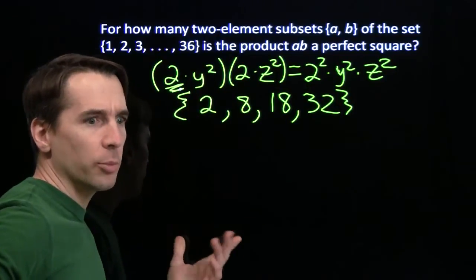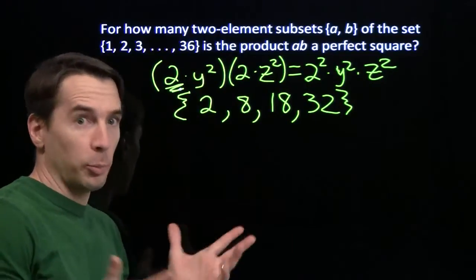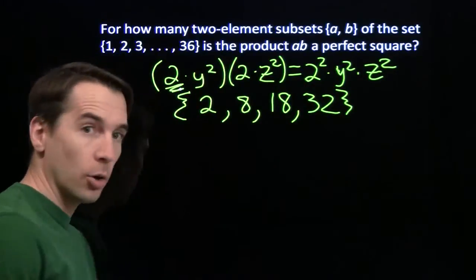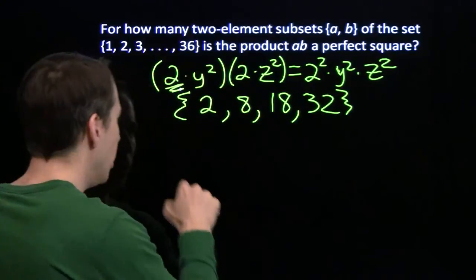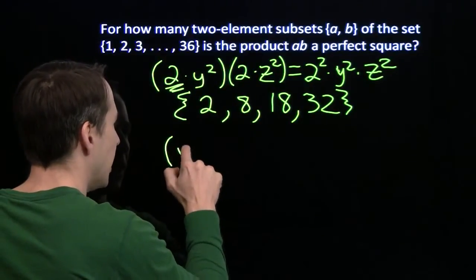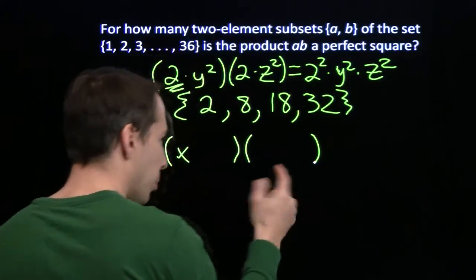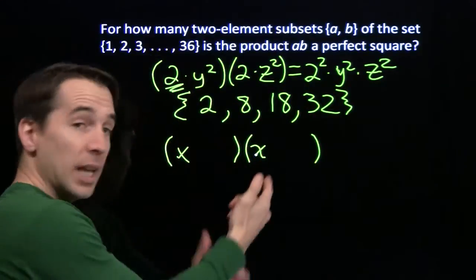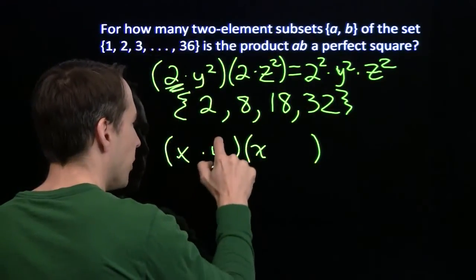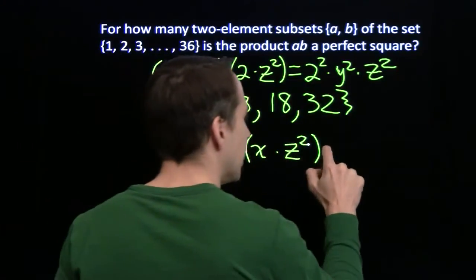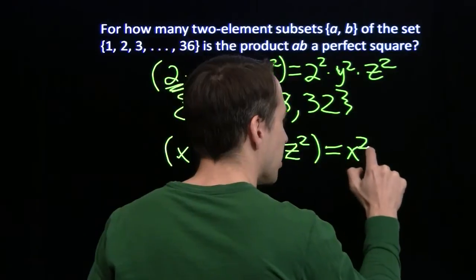Could replace that with 3, replace that with 4, replace it with anything. Let's go ahead and try that, replace it with anything. Of course, we call anything a variable. If instead I started with x, and I'm going to multiply it by something else, and I want to get a perfect square, I'll put an x over there, and then I can stick any old perfect square in here, any old perfect square in here, and when I multiply these two together, I'm going to get x squared times